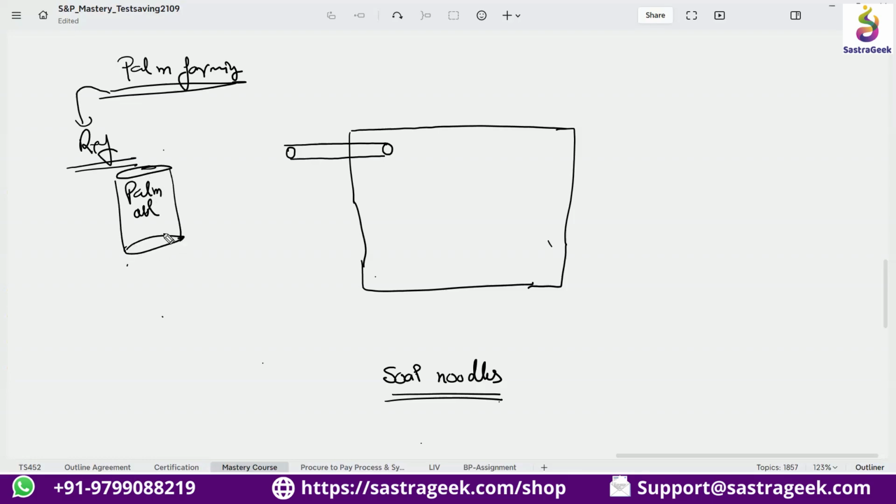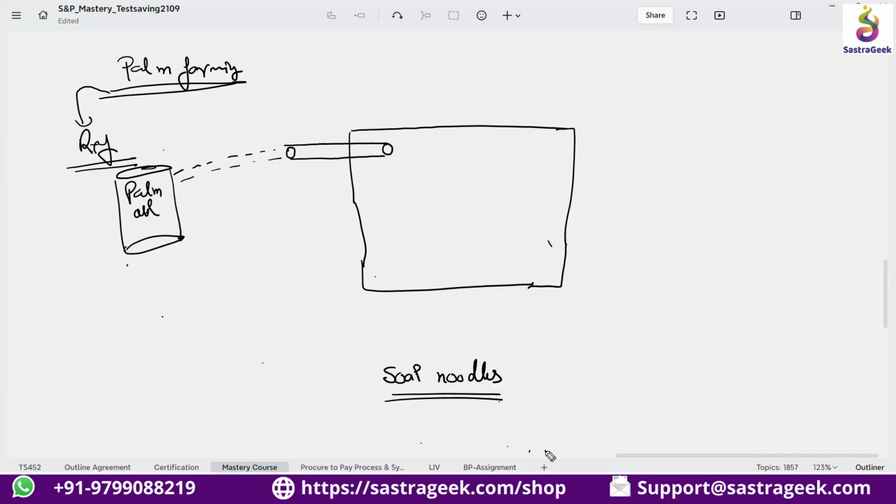Because these vendors are around this factory, there is a possibility that we can set up a pipeline from their refinery which can directly give the palm oil to us, to this soap noodles plant. This is also kind of a big refinery.